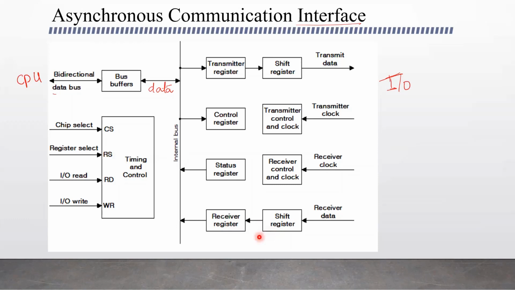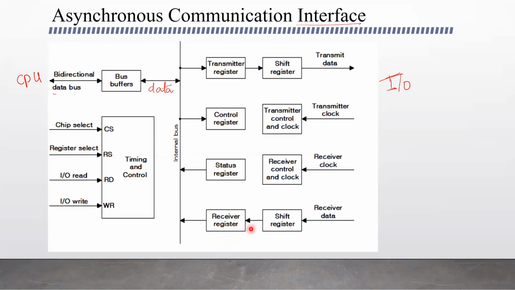Now this serial data needs to be transmitted to the receiver register. Here it has to again take the actual data format, that is the 8-bit format. Actual data is 8 bits, and the transmitter register and receiver register have 8 bits.